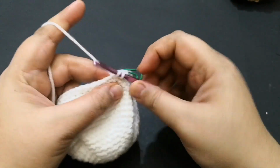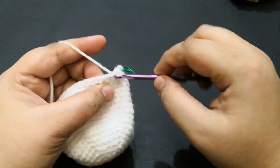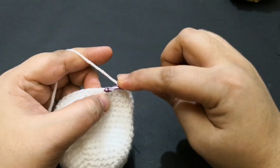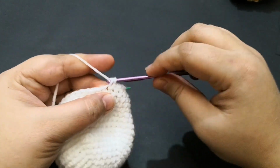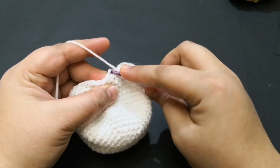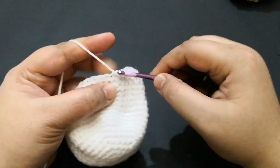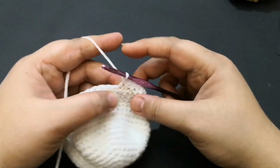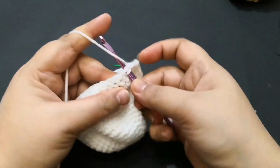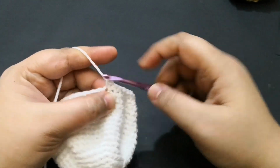2, 3, 4, and 5. And now what you have to do is an invisible decrease again at the 6th stitch. At the end of this round you should have 36 single crochet. So what we are doing is working 1 single crochet in the next 5 and decreasing at your 6th stitch. Okay,